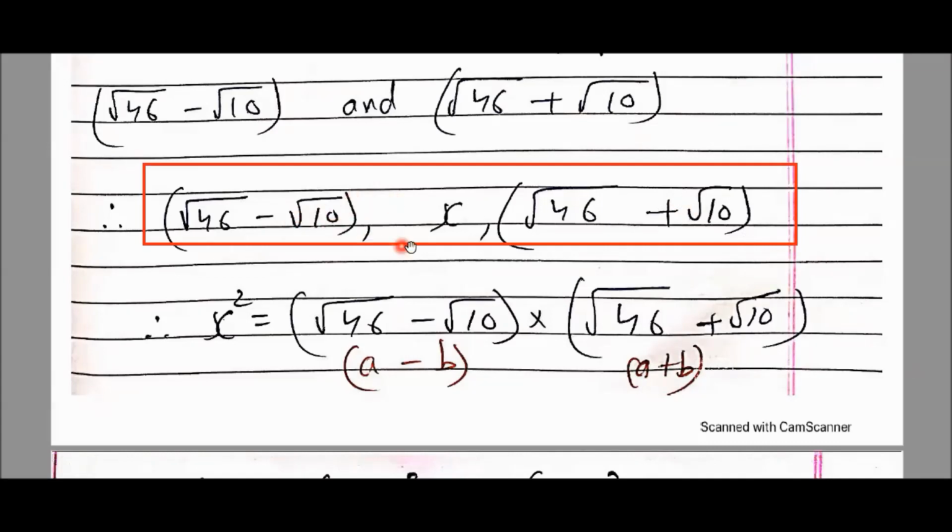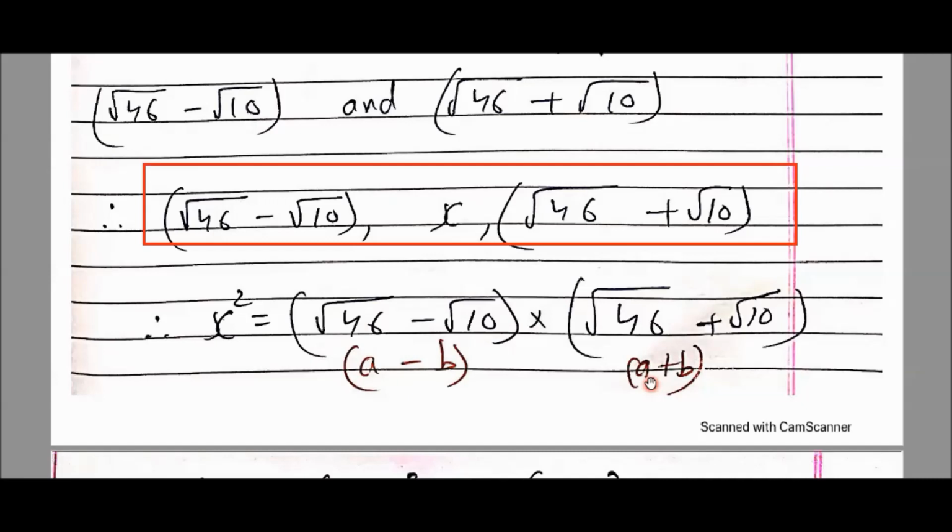So can I say because x is the mean proportional between these two brackets? So can I say this iska square, mean proportional ka square will be equal to the product of this two? Hope you remember my previous note. If I say this is a, this is b, and this is c, see the cursor. So mean proportion is b. So b square is equal to a multiplied by c. Similarly, x is mean proportional. So I wrote x square. And here this bracket multiplied by this bracket. So this is the expression.